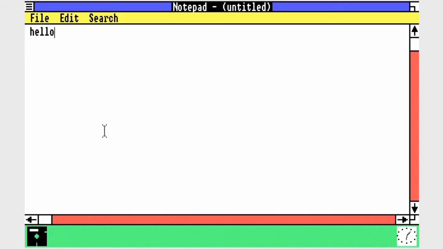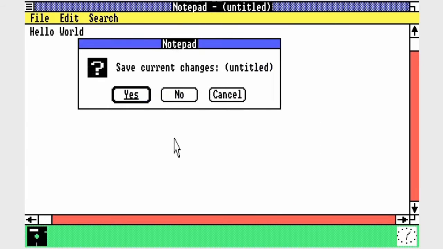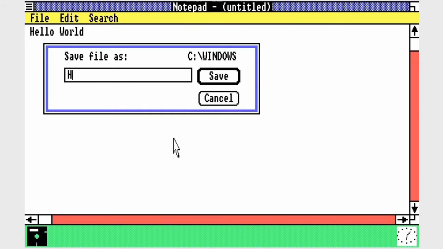So, hello world. So we can save that. And I realized this too last time. This window will move, while the normal ones don't. You can save changes, yes, as hello